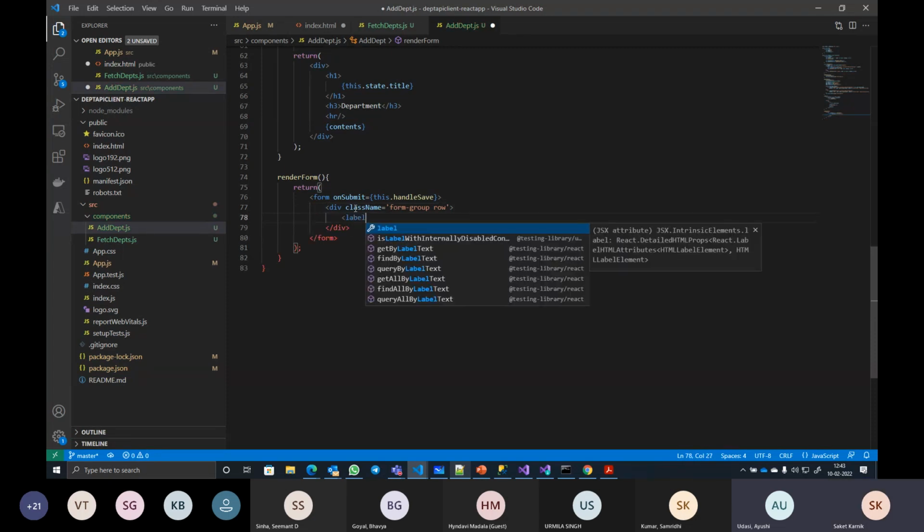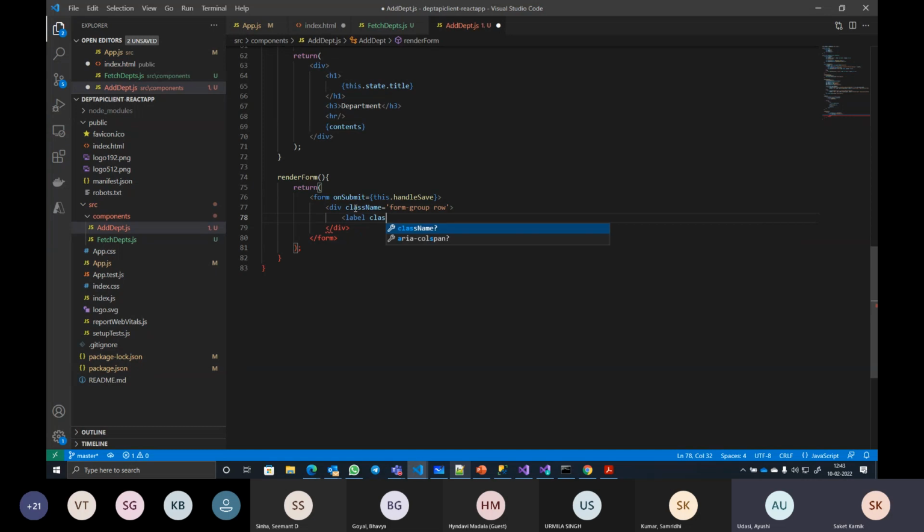I have a label with className control-label col-md-4, and the for attribute is for the field departmentNumber.